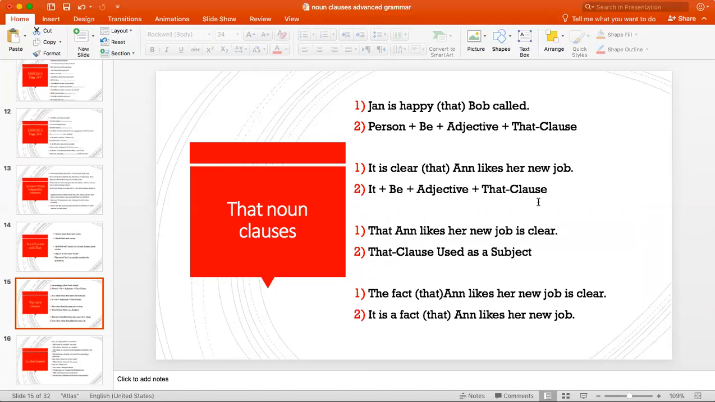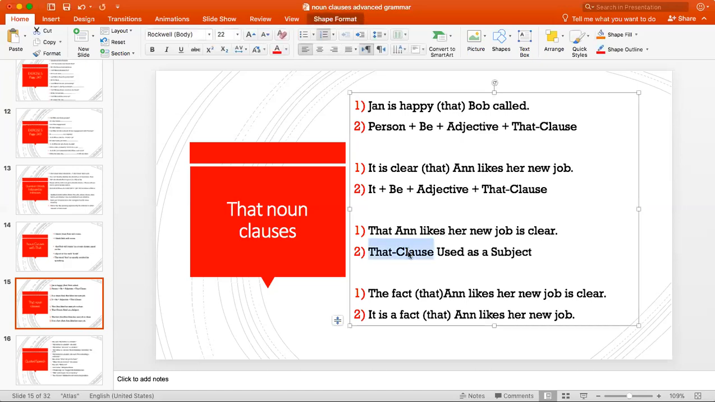It's clear Anne likes her new job. Or it's clear that Anne likes her new job. Now you can begin this whole sentence with that in a beautiful way. That Anne likes her new job is clear. That clause here is used as the subject. You can replace it with, again, a very interesting